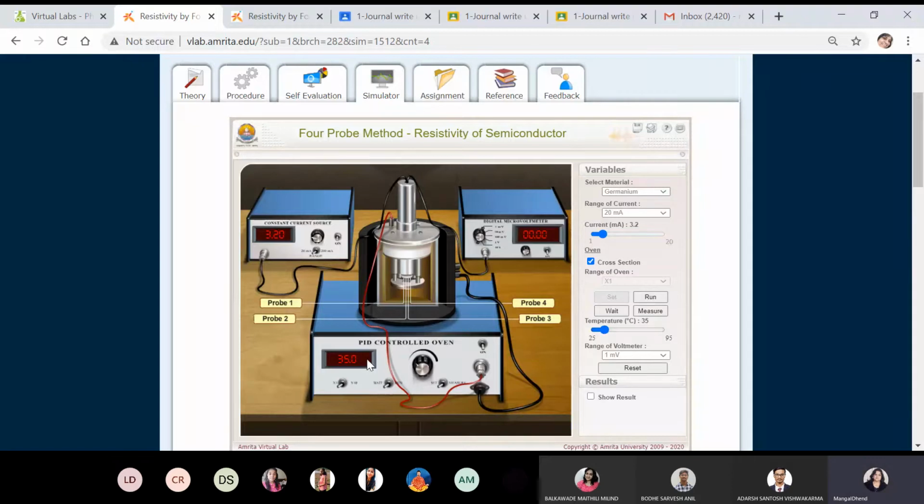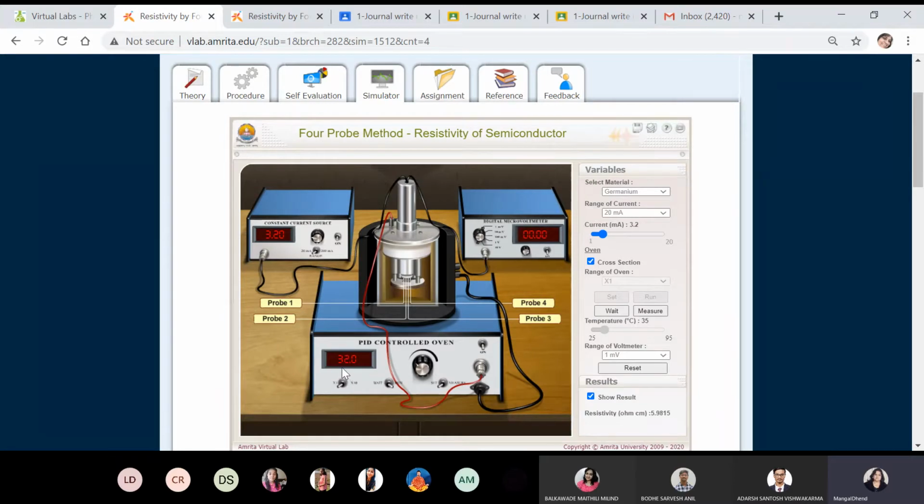Now up to 35 it will go on increasing, and when we press result, you can directly see how resistance will change. So go on taking readings. Now press run and show result. Now see, 6.2, temperature is 27, resistivity is this. This is resistivity, not resistance. I will tell you how you can calculate resistance from resistivity.